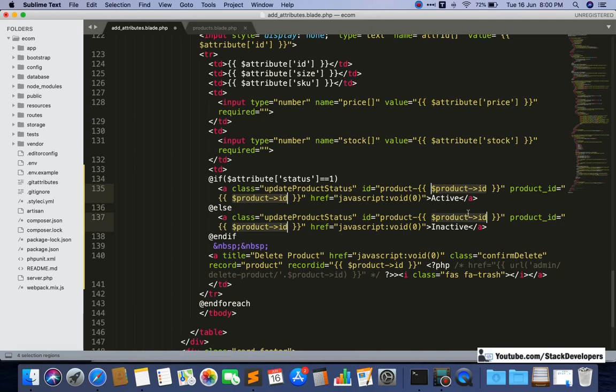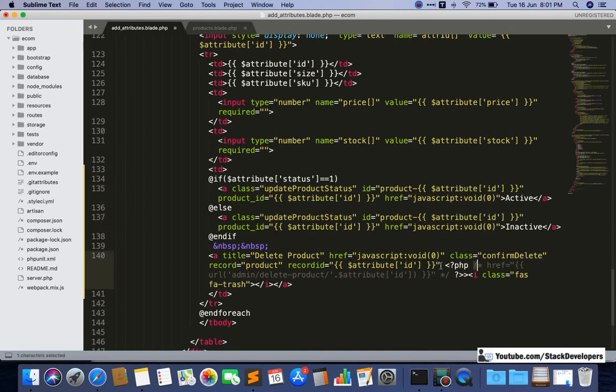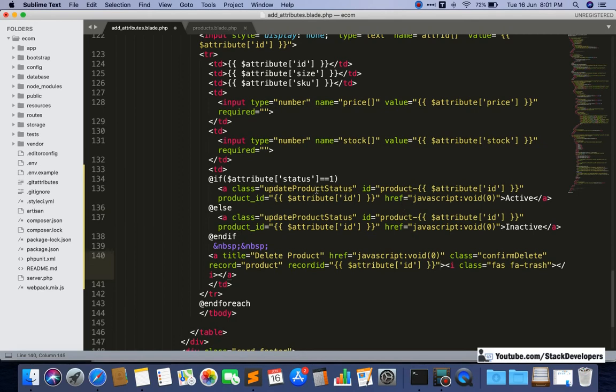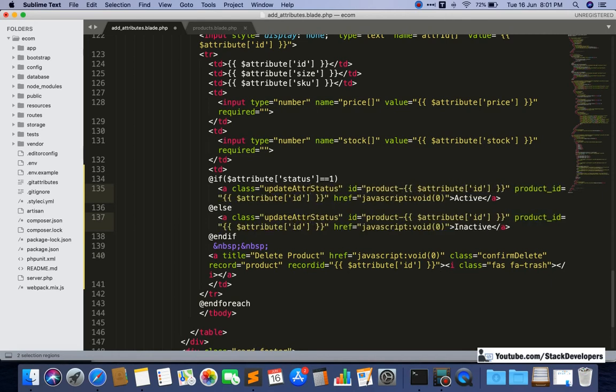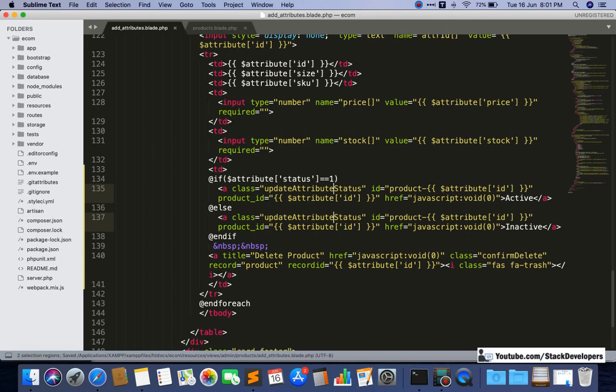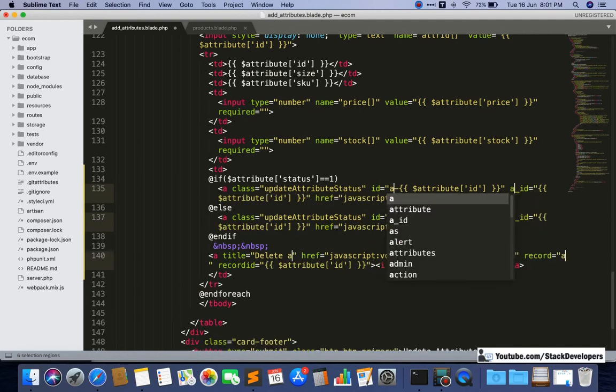So I can simply replace this everywhere like this, and this one is also not required, I can remove it. This one I can also replace with update attribute status. Here also I can update product everywhere to attribute.